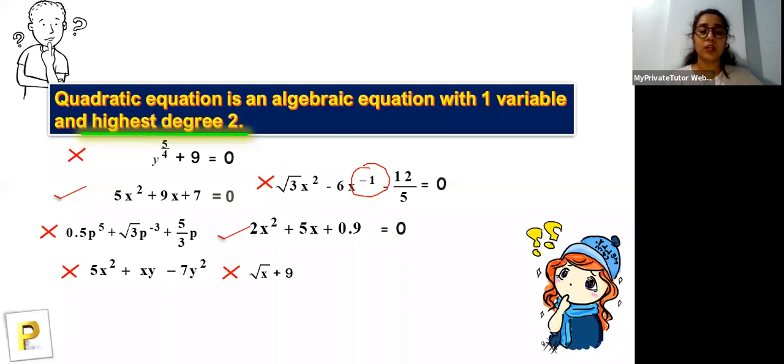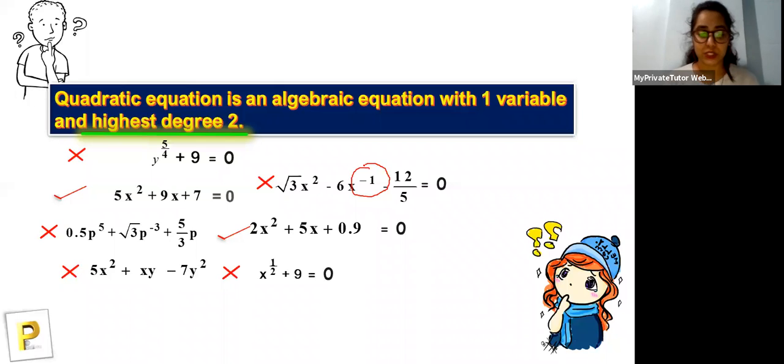Okay, so root x plus 9, is it a quadratic equation? Root x can also be written as x to the power 1 by 2. So x to the power 1 by 2 plus 9 is equal to 0. So this is an algebraic equation. Second thing, it has only one variable. But the third thing is not satisfied, that is the highest degree is not 2 and therefore it is not a